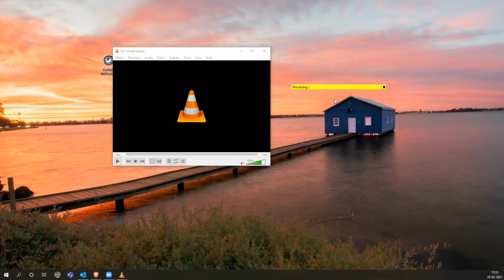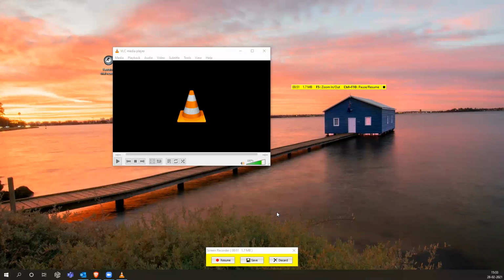It will stop the recording, but it will give you an option to resume, save, or discard. So this will be useful whenever, let's say I want to record some set of steps, and the first step itself takes some time to complete.